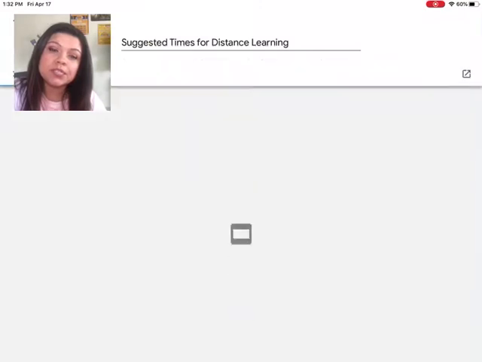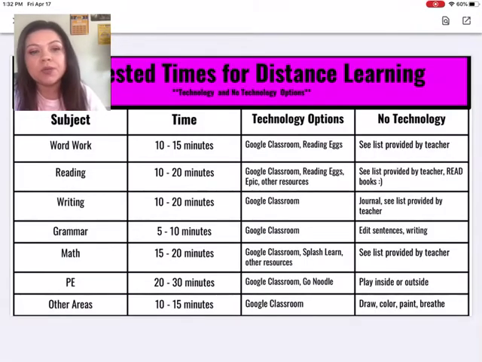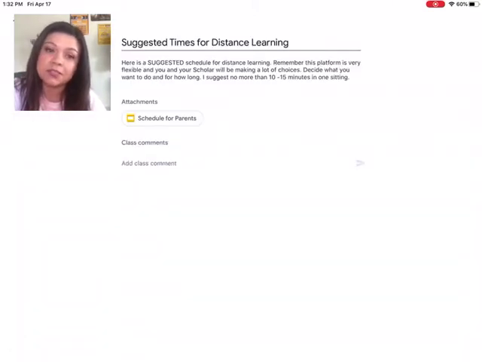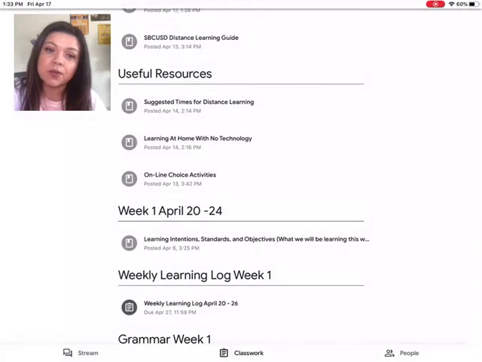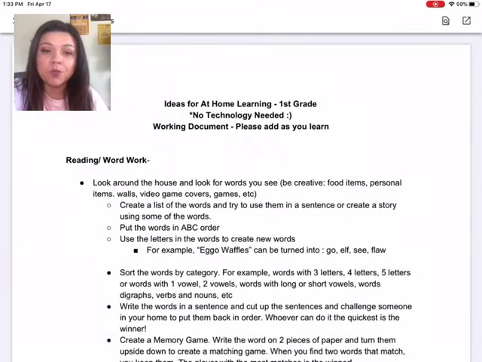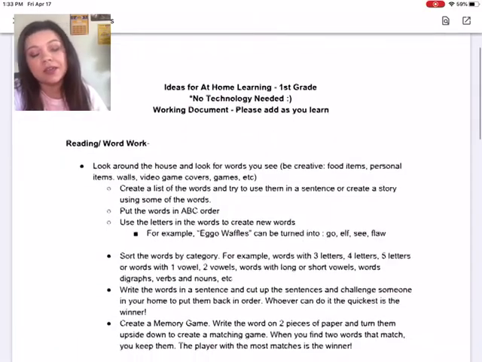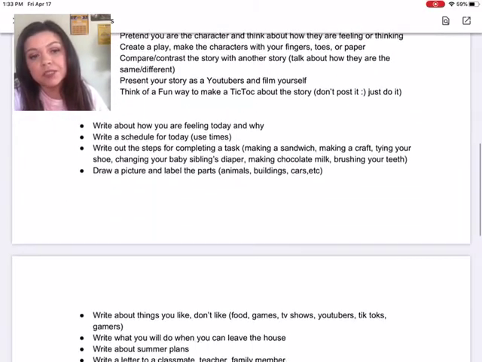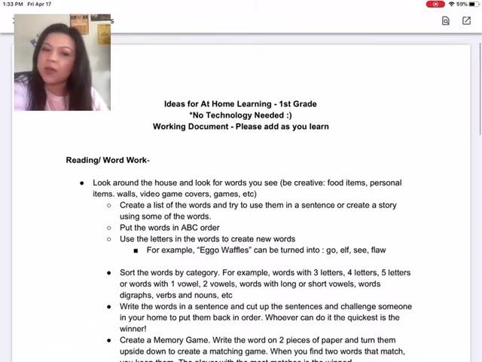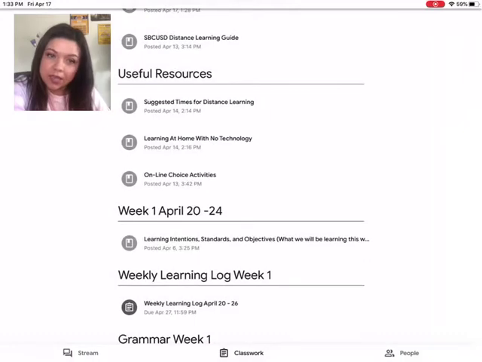Useful resources, this is the schedule for you. Notice it's broken down by subject and chunks of time. When you're done reading this document, click the X and it will take you back to that screen. Then you click the little arrow in the left corner. And then if you want to do some learning at home with no technology, click the link and read through this document. This document will give you some ideas for things to do that don't require an iPad. Then you click X, go back,